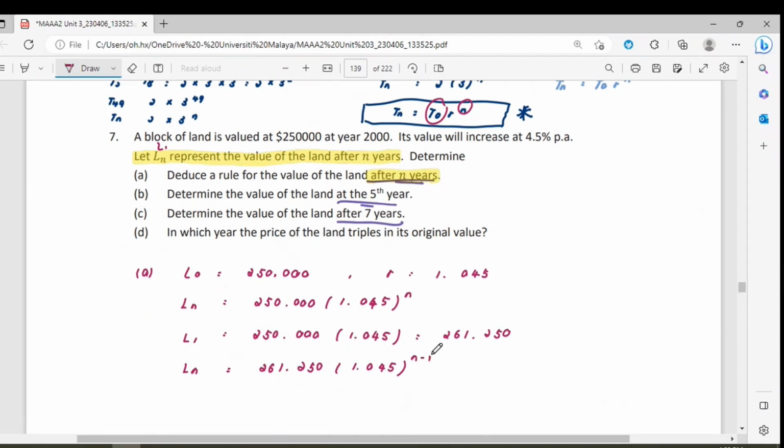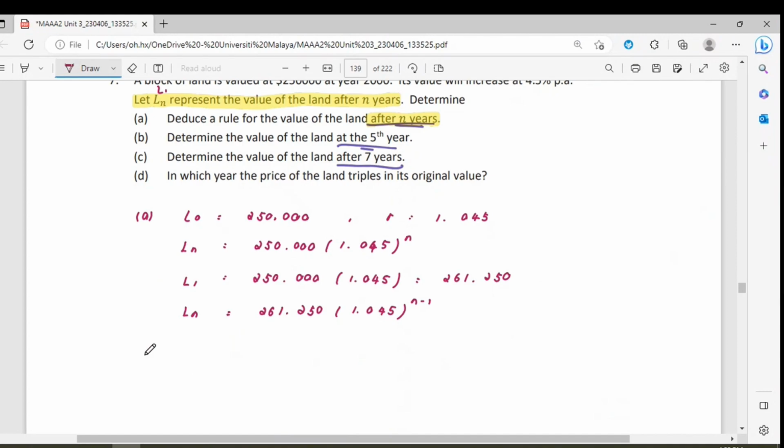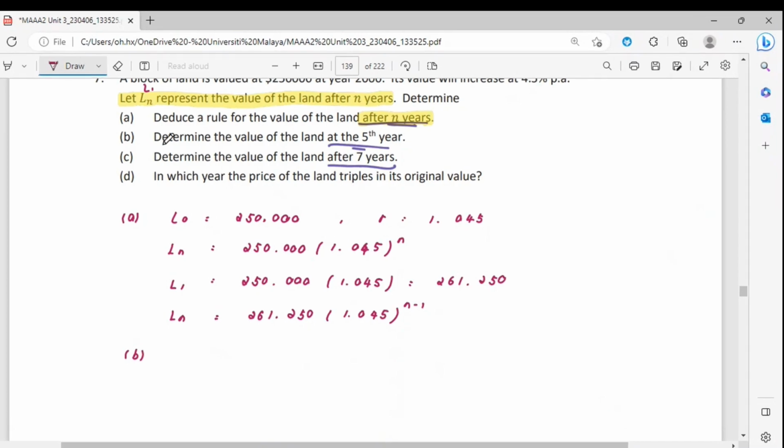Okay, now we continue for part B. Okay, so you can try to imagine that the idea is every time your ln, the n must represent something. Like for example, if I tell you n, then I didn't tell you what is my n, then it's quite irrelevant. Normally for the question, they need to denote that properly, what is your n. Okay, so in this case, you can see that your Ln here is defined as the value of the length after n year, which means no matter what we have,